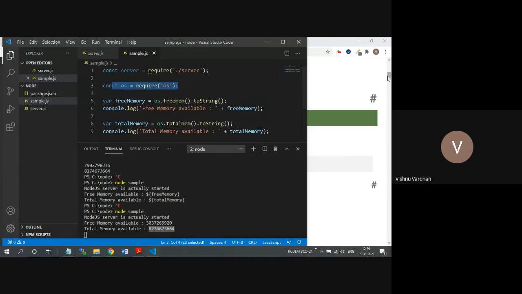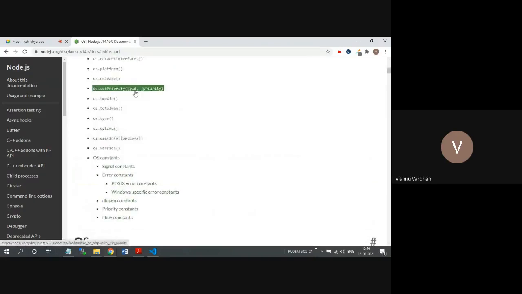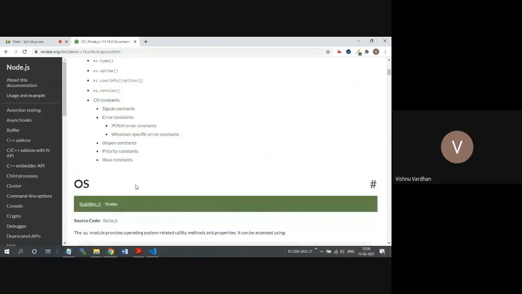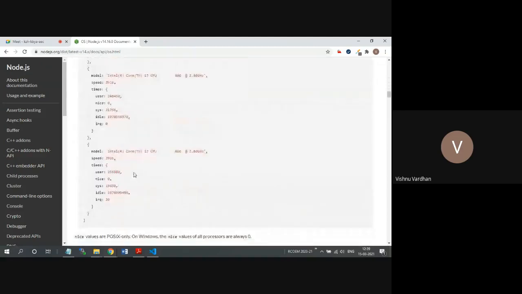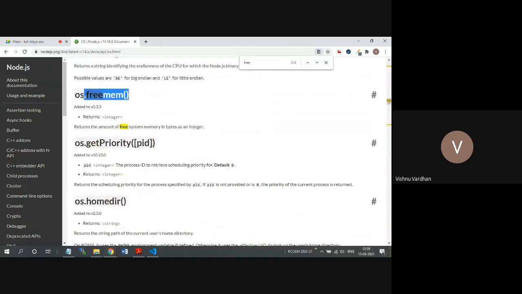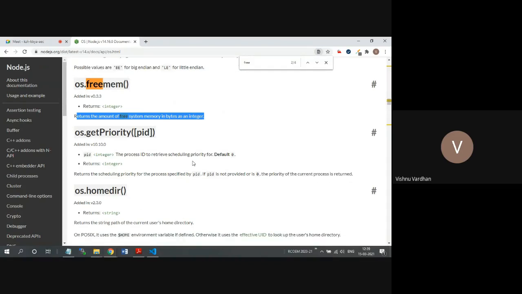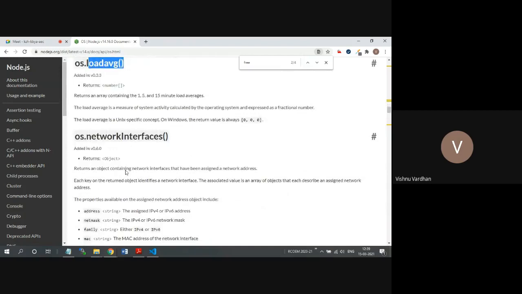Okay, so you have to simply check out the package information by going to the Node.js documentation and provide all the implementations that you can have. And what we have seen is free memory. So this is the method that we have called, free memory. It returns the amount of free system memory in bytes as an integer. And you can call similarly home directory, the path, the load average.